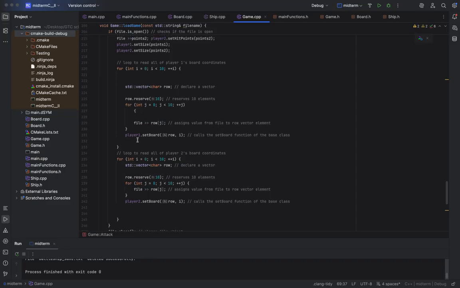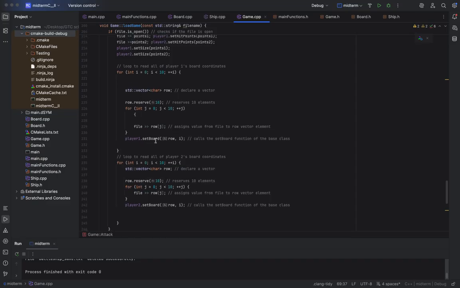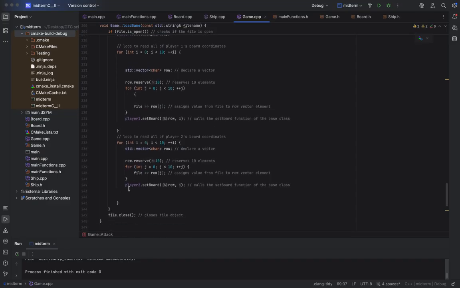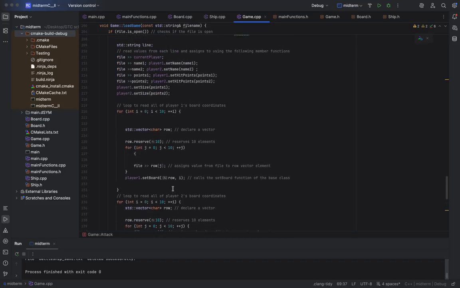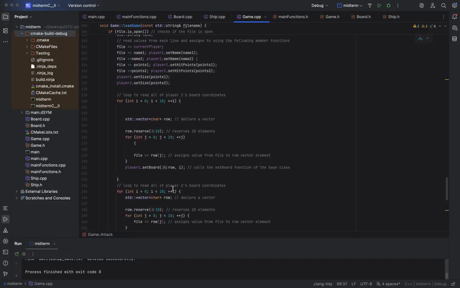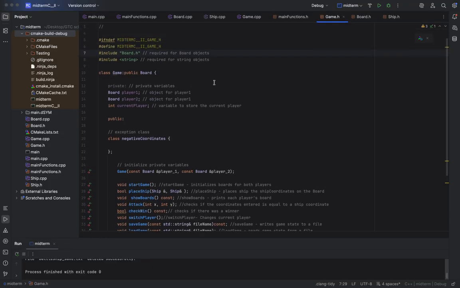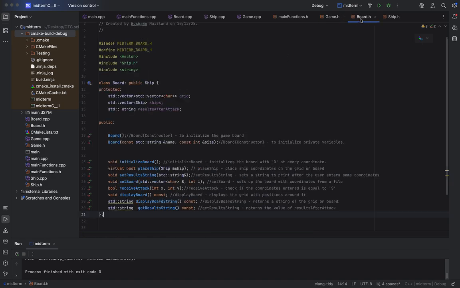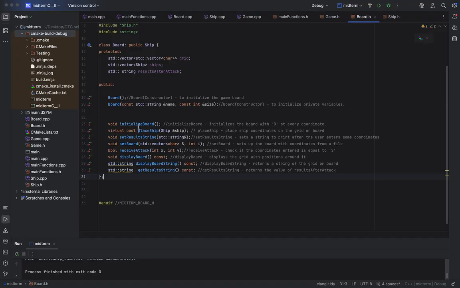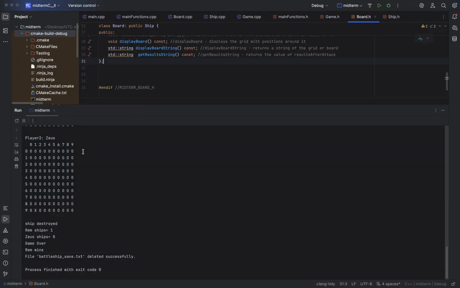I was trying to call the game like game.set board or game.set board player 2, but I had to remember that the game consists of two players, so I had to have two board objects, one for player 1 and one for player 2, so I can access all of these functions to initialize the board, to place the ships, so to place the coordinates of the ships,